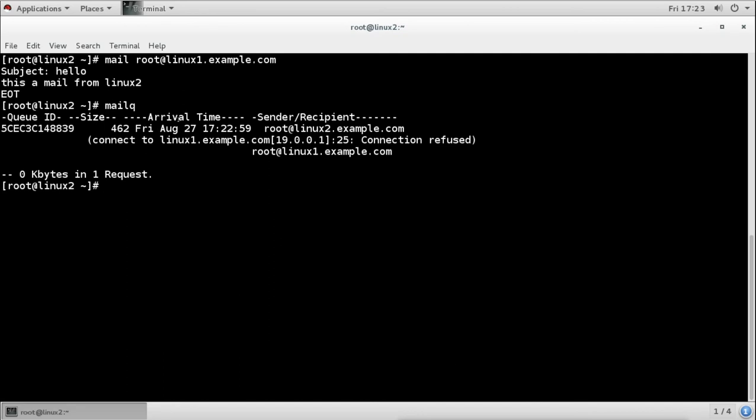We tried to send the mail, and it shows an error: connect to Linux 1 on this IP and this port number, connection refused. Connection refused because Linux 1 is not accepting mails from other systems. It is only accepting mails from the local system, and that is what we have to change.